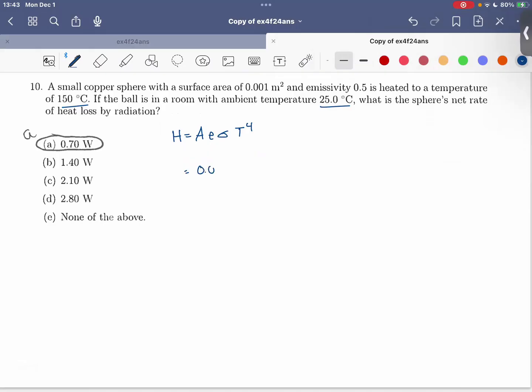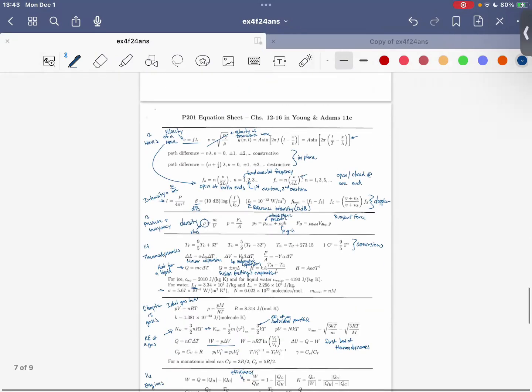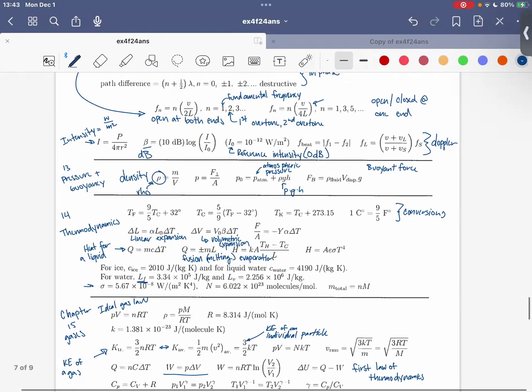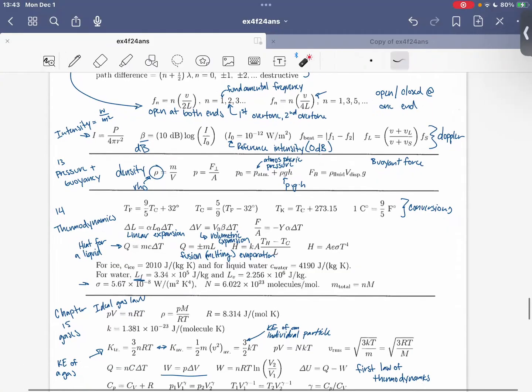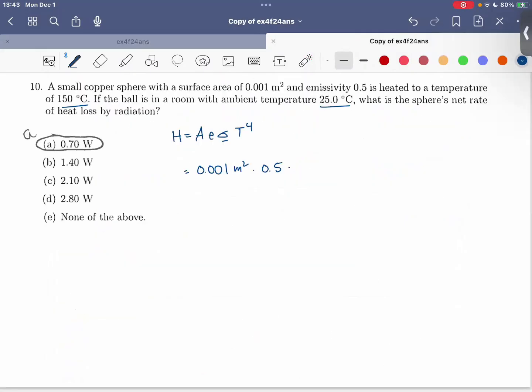So let's plug in the area times the emissivity, and then times this sigma, which we can find, let's see, where is it? Oh, it's right here. Okay, so 5.67 times 10 to the negative 8th. And then we have,